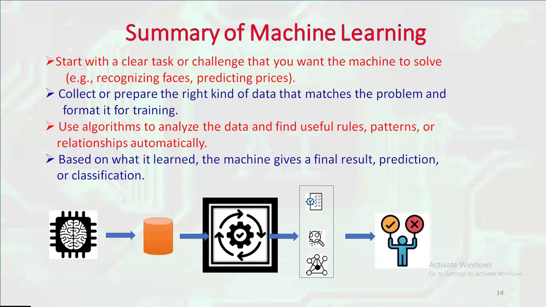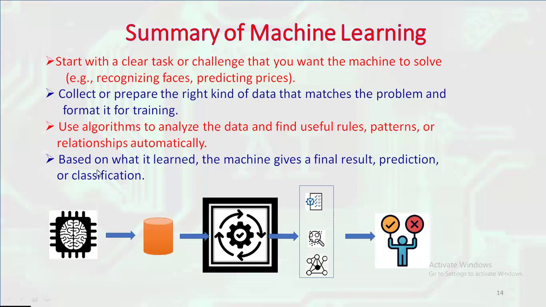Next, after the data is prepared, machine learning algorithms are applied to detect patterns and underlying rules within the dataset. These algorithms help the machine to learn by identifying trends, similarities, and correlations among the input features and expected output. The machine builds a model that can understand how different inputs relate to specific outputs, which allows it to generalize and make decisions on new data.